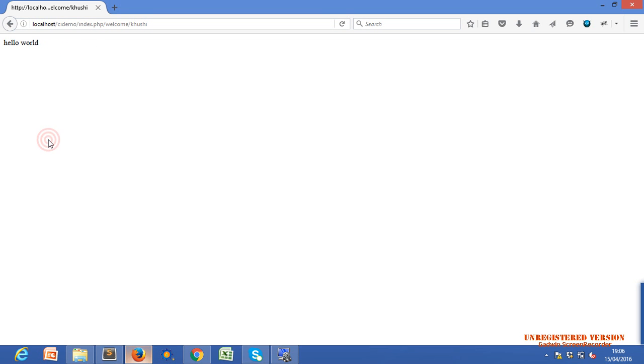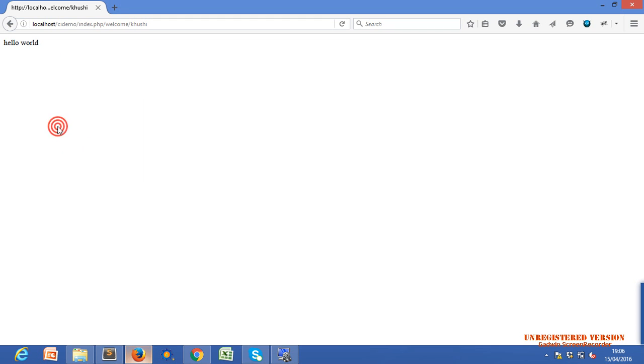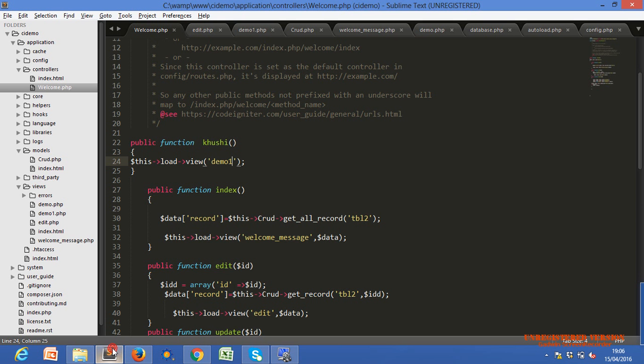Okay, Nazar, Khushi, is there any confusion about loading a view? Hello, now you can load any view from any method. You can create different methods in the controller. Just forget about the model, just tell me, are you able to load any view page from your controller or not? Khushi,